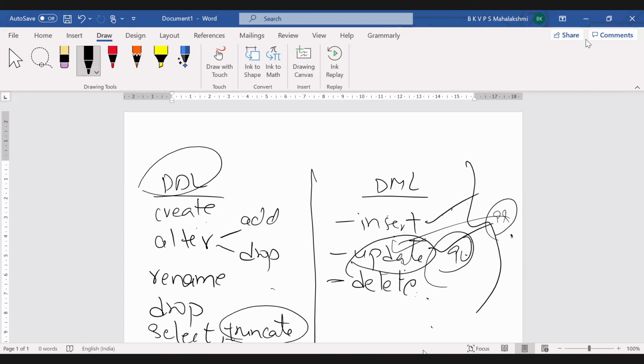Until we do all these commands, we cannot even apply the integrity constraints, because integrity constraints are the first concept in the second module. I'll just show you the execution of all these commands, then we'll apply the integrity constraints over this particular relation called CS11 student. Now my relation is this one, so on this I have to apply the integrity constraints. That we'll discuss in the next class.